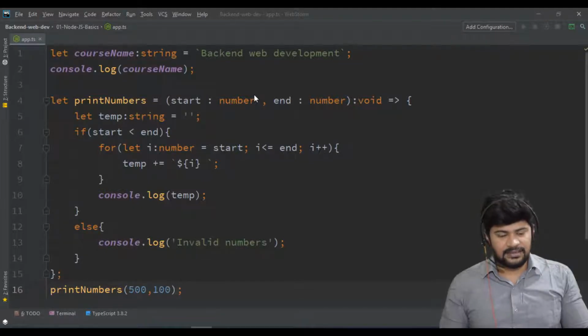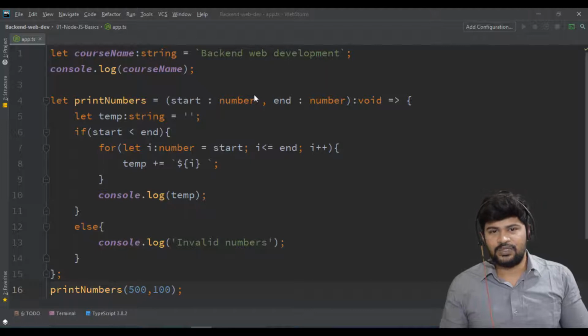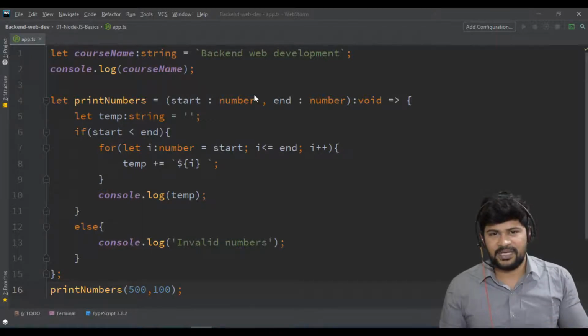Everyone, welcome back. So last video we have seen how to run a basic Node.js program. So in this video we'll see how to create a Node.js server, because the complete backend web development is on server creation and REST API. So Node.js itself acts as a server. So let's see how you can create first of all a server with Node.js and that too in the TypeScript language, and let's see the next concepts.